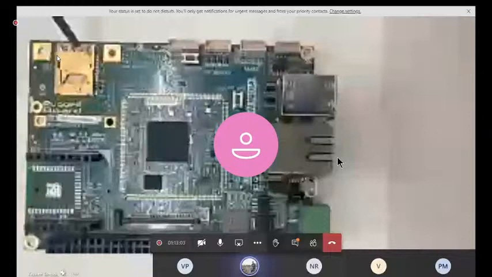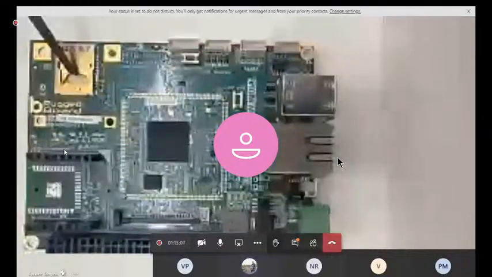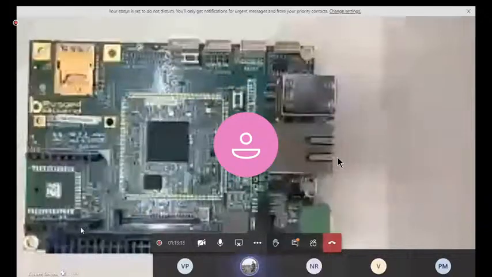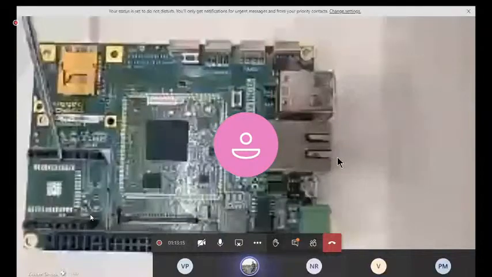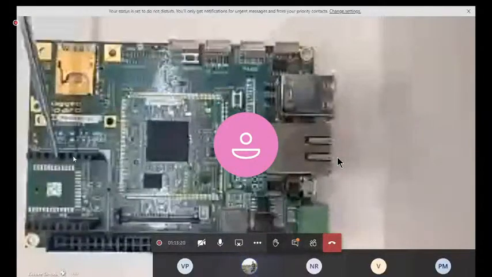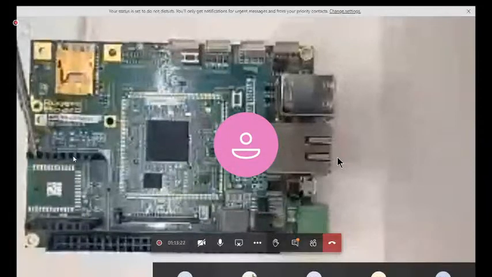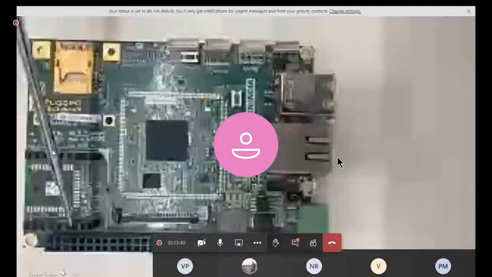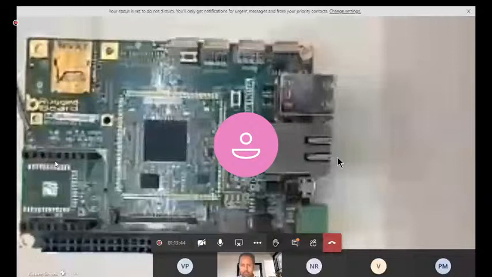Further, the most interesting part of this board is the microbus connector. Kishore, can you show? So this is the microbus connector which has multiple microcontroller interface signals, starting from GPIO, UART, I2C, SPI, ADC, PWM. So these many signals are available on this microbus connector. And Kishore, can you show one of the microbus sensor boards? Yeah, sure, sir.